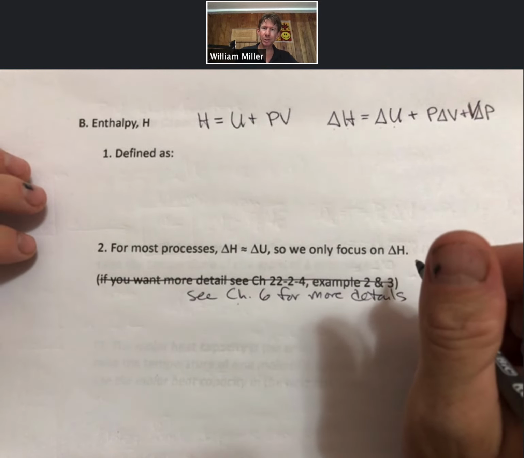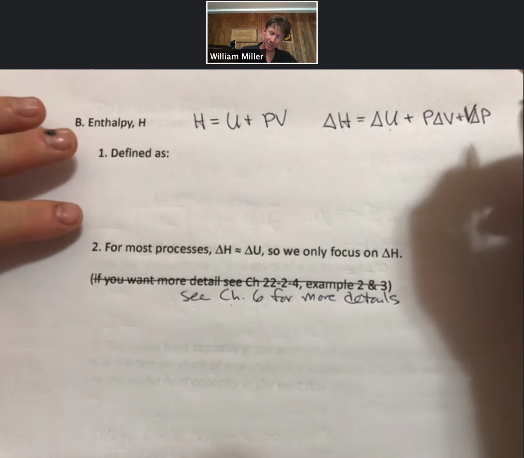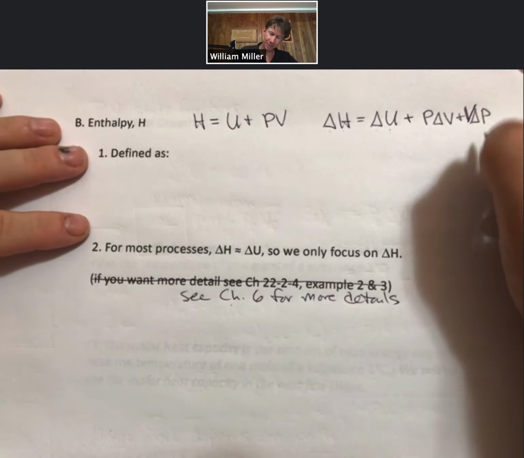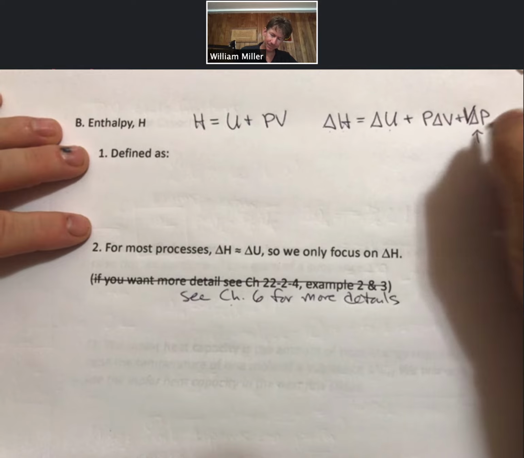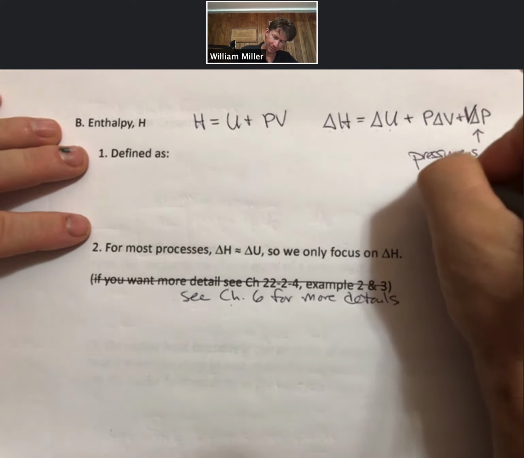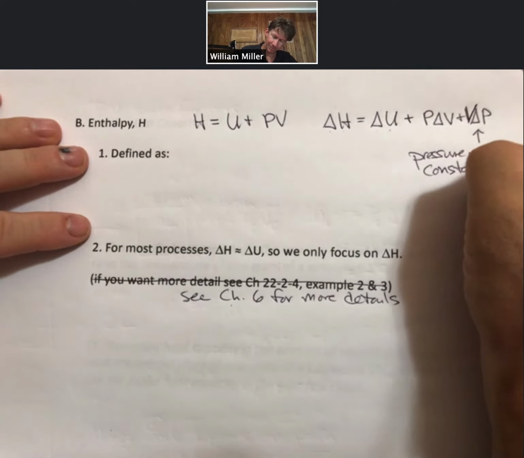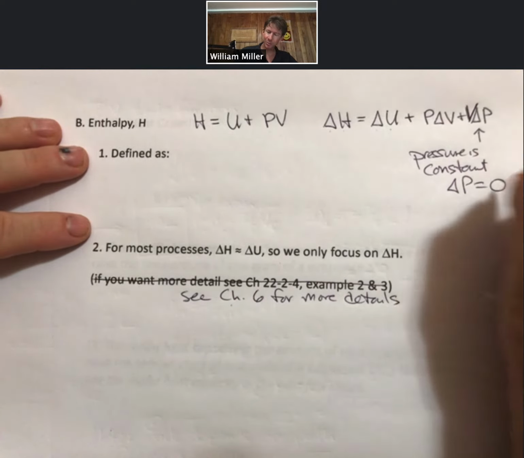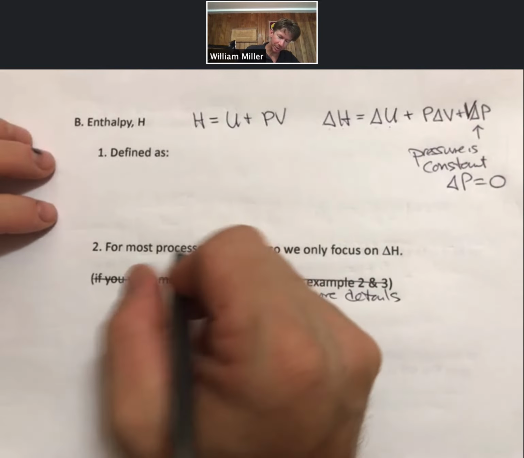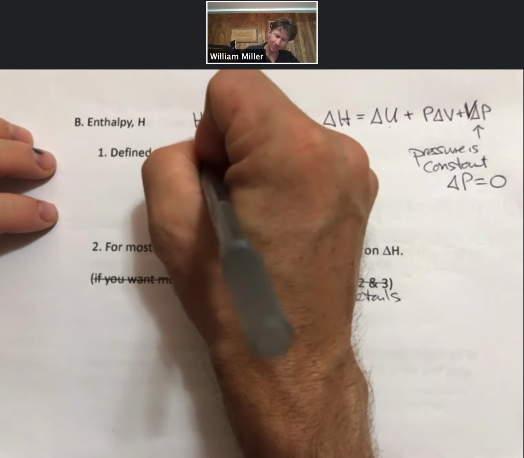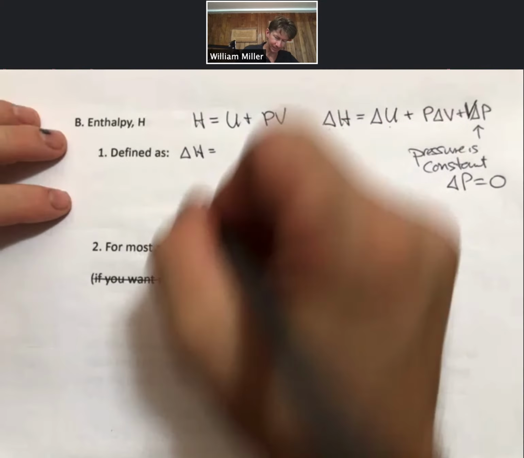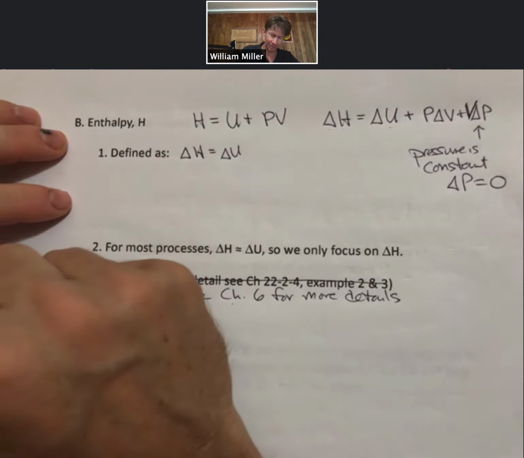And what we will do is we will restrict our work for calculations to cases in which pressure is constant, which means delta P equals 0. And so the definition that we want to work with is actually for delta H, and it is going to equal delta U plus P delta V,